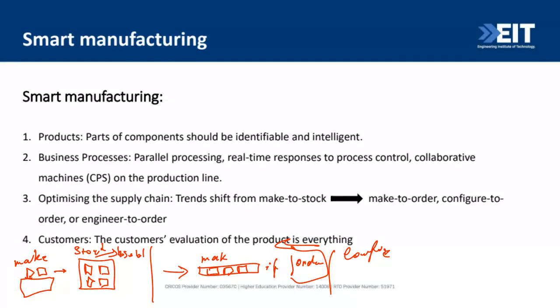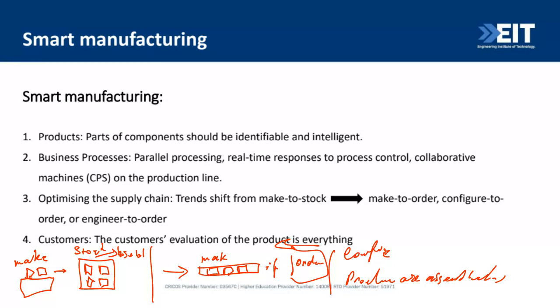product are assembled and configured based on customers' requirement, and we have engineered to order. It means that products are designed, engineered, and manufactured based on customers' requirement. And another thing about smart